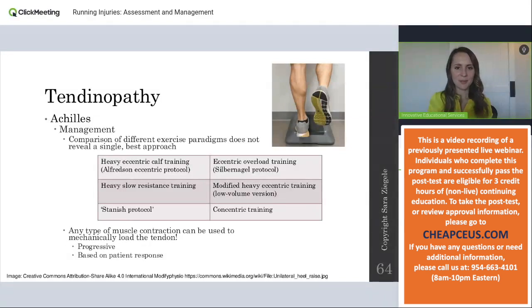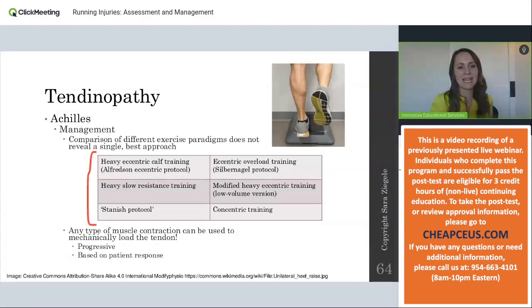With that exercise being the most evidence-supported intervention that we have, it's really important to talk about, well, how do we do that? What kind of exercise should we have? There is plenty of research out there looking at the protocol for Achilles tendinopathy. So I always think of it as kind of like a name salad because we've got Silbernagels, Alfredsons, Stanish. There are all of these really identified, laid out programs for all of the different